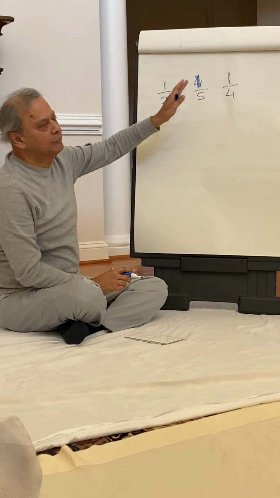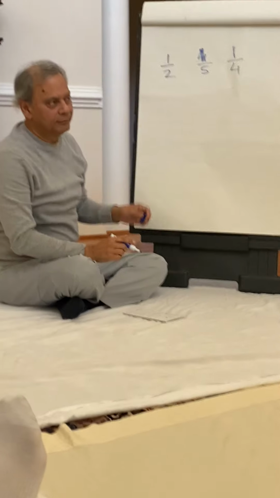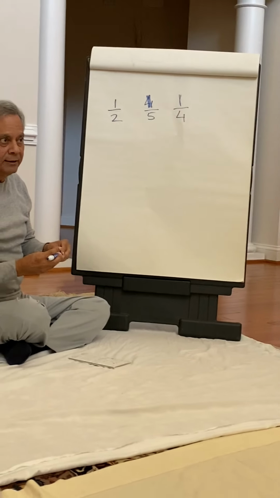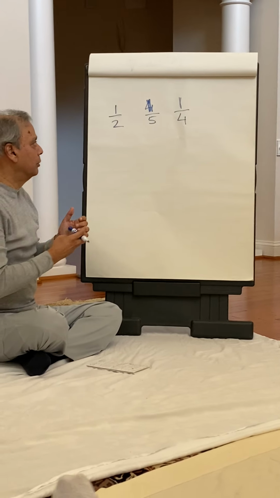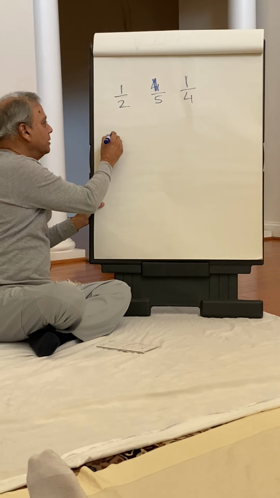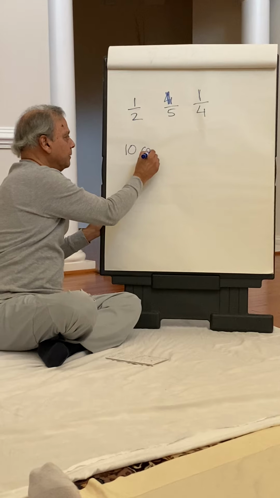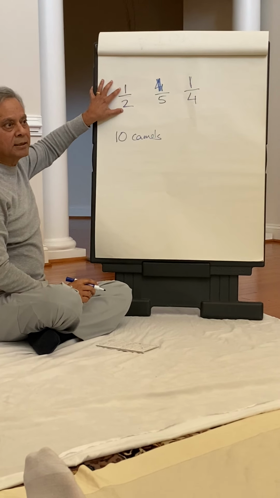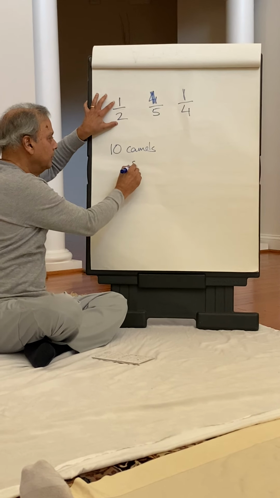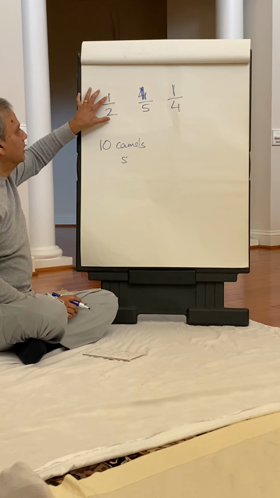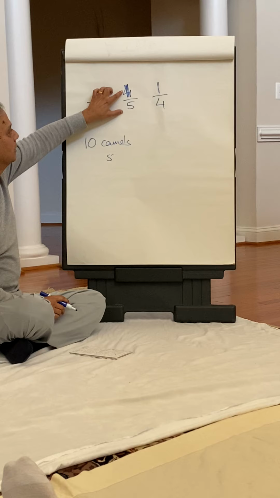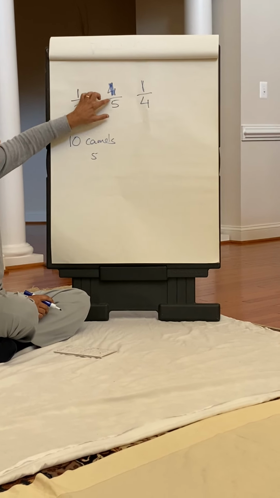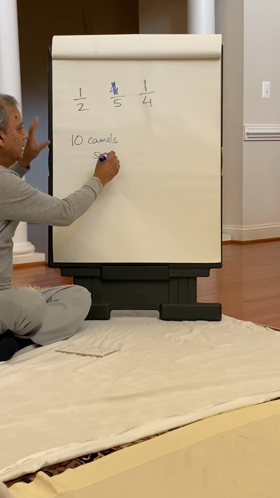1/4, 1/5, 1/5, 1/2. Okay? Which means this is a fraction, right? Suppose he had 10 camels, right? So the first one will get 5, right? Yeah. Second will get 2. 1 out of 5 is the same as 2 out of 10, right? So 2 out of 10, so he gets 2,